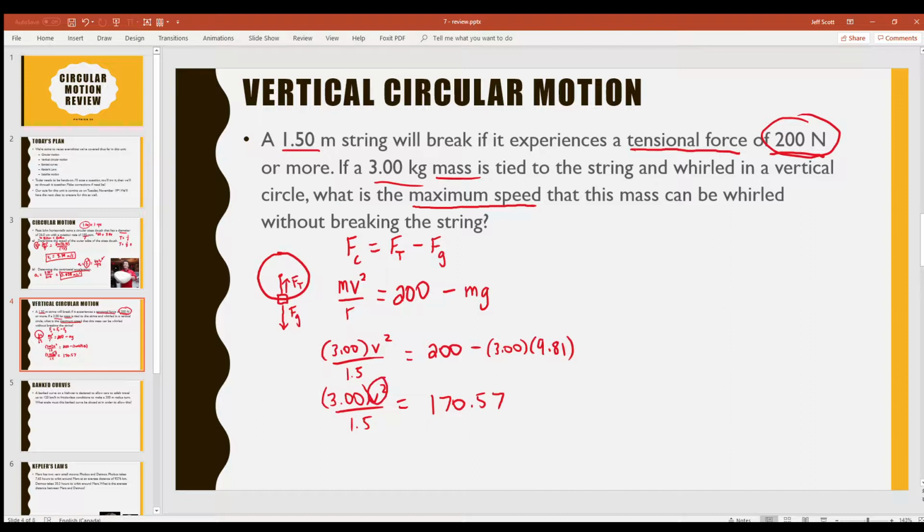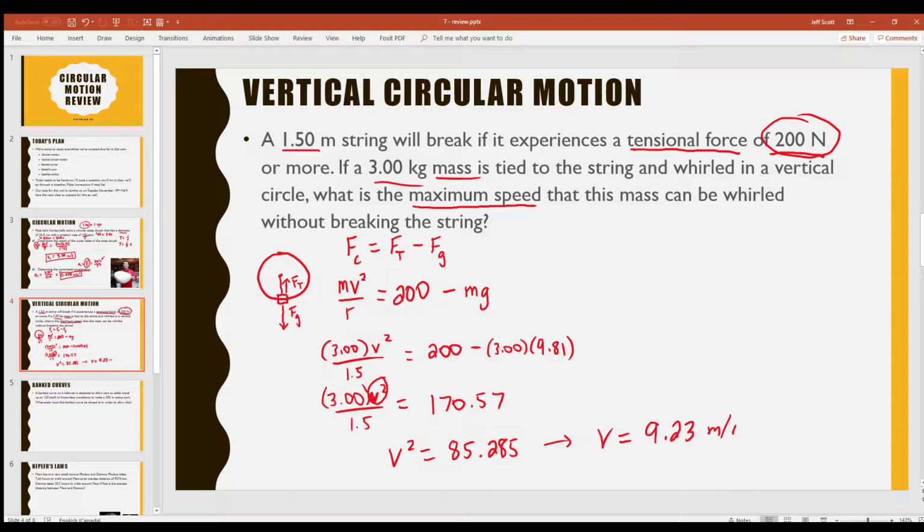Now I'd like to get v squared all by itself. To get v squared all by itself, I'm going to times by 1.5 and then divide by 3 on both sides. And this is going to give me v squared equals 85.285. There you go. And of course, to find v now, we just have to square root both sides and then watch our sig digs. So v equals